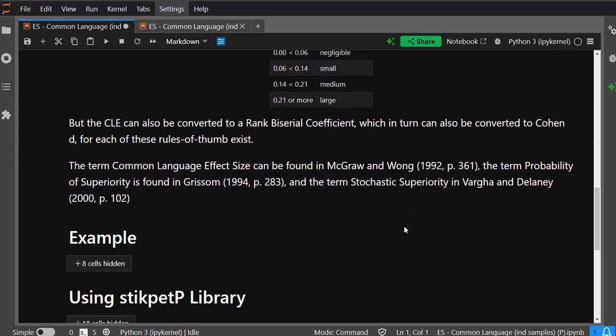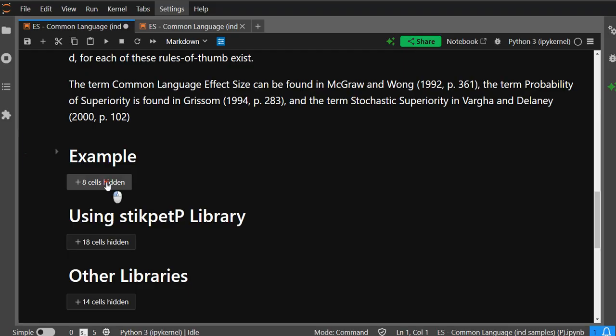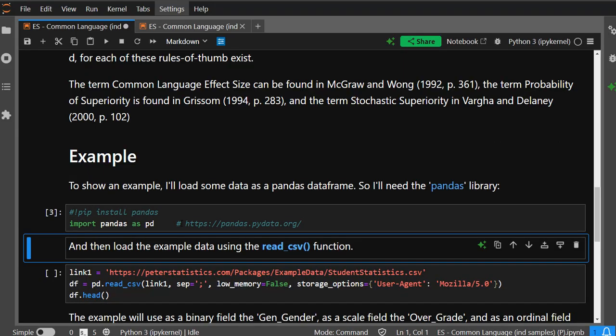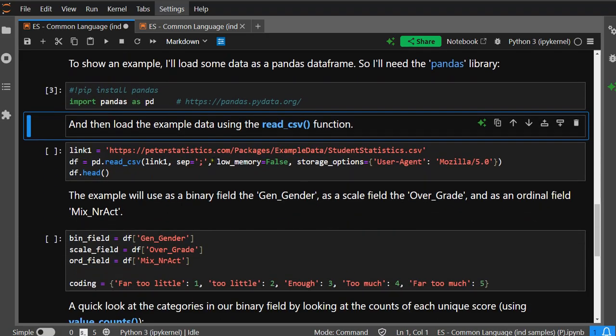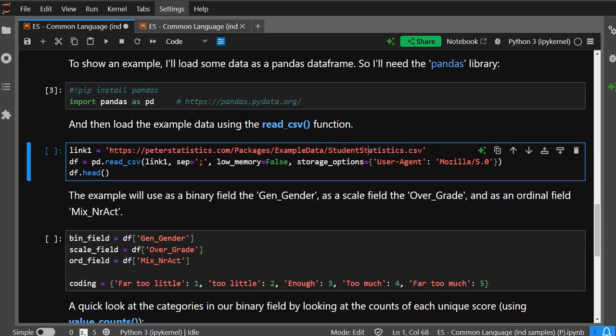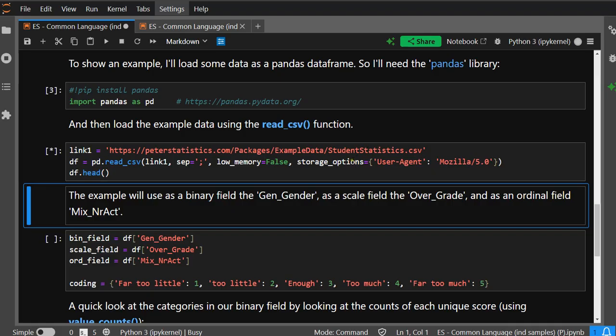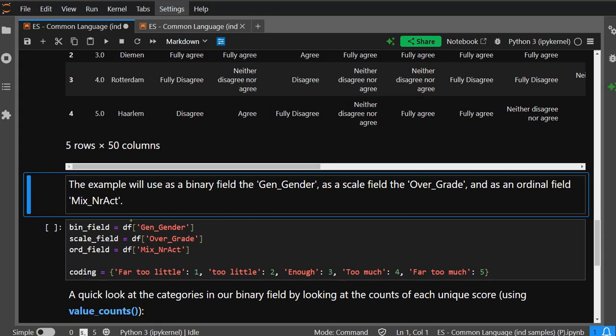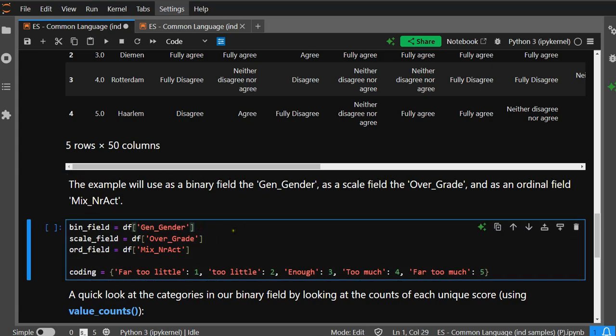as you can see over here. Now, to show you how you can actually get the measure, we first need some example data. So I'll load in pandas and then some student statistics data, which was a survey among students. We don't need all of its data. We need a binary field. In this case, only male and female were selected, so chosen by the students as options. So that makes it in this case binary, and as a scale field I'll be using the overall grade,